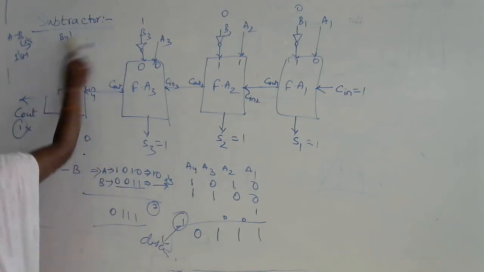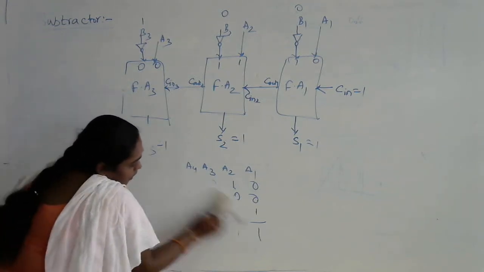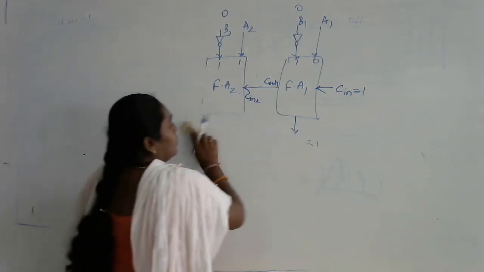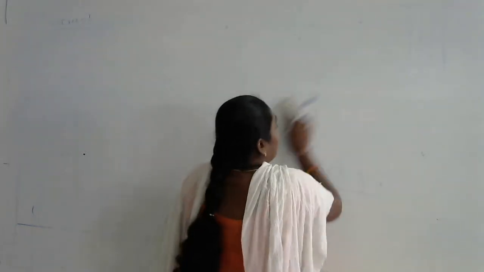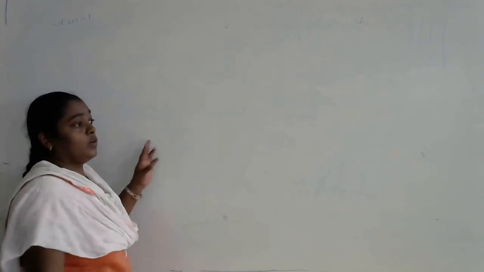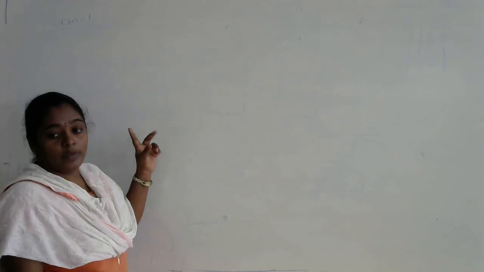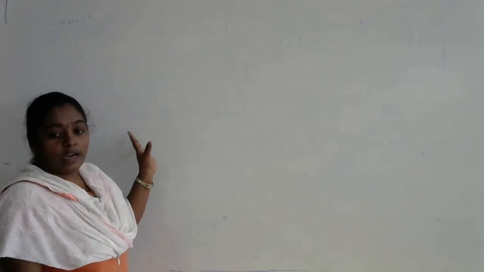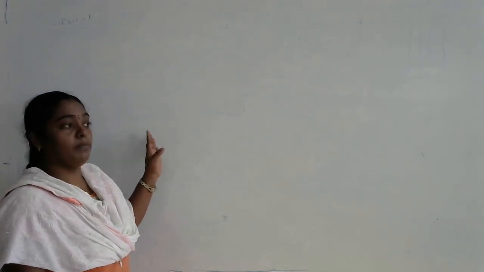So this is the way we are going to perform the subtraction operation, either it is 2-bit, 3-bit or 4-bit. And the last one is here, by the same circuit, now we are going to perform two operations, called add/subtract. So in the previous one, if we are not making B's as NOT gate, if you are directly drawing A1, B1, A2, B2, A3, B3 and A4, B4 and we are taking the same full adders, then such a circuit is called a 4-bit parallel adder.